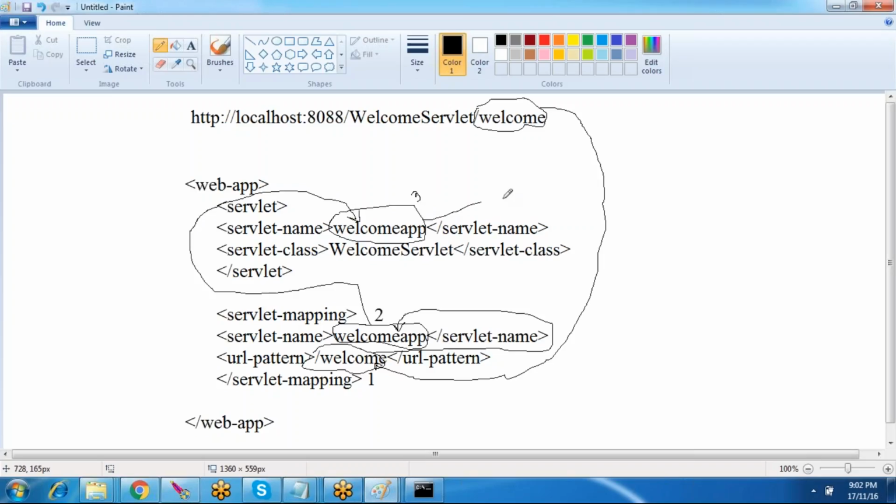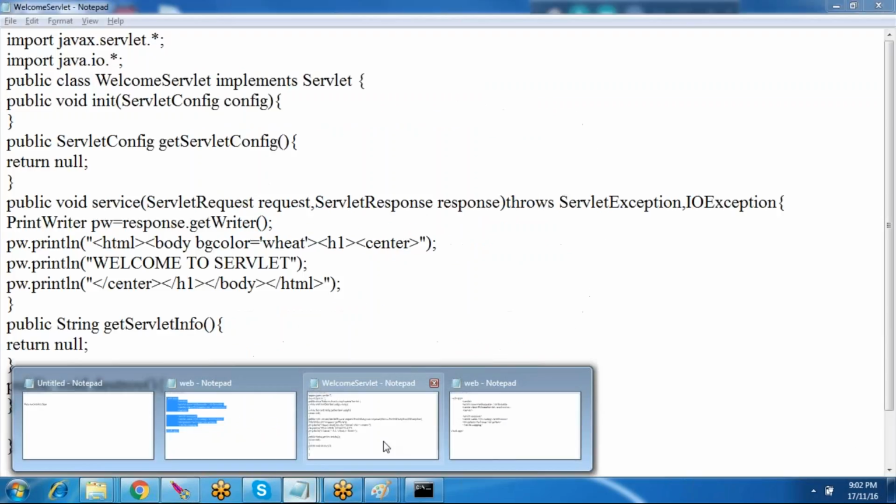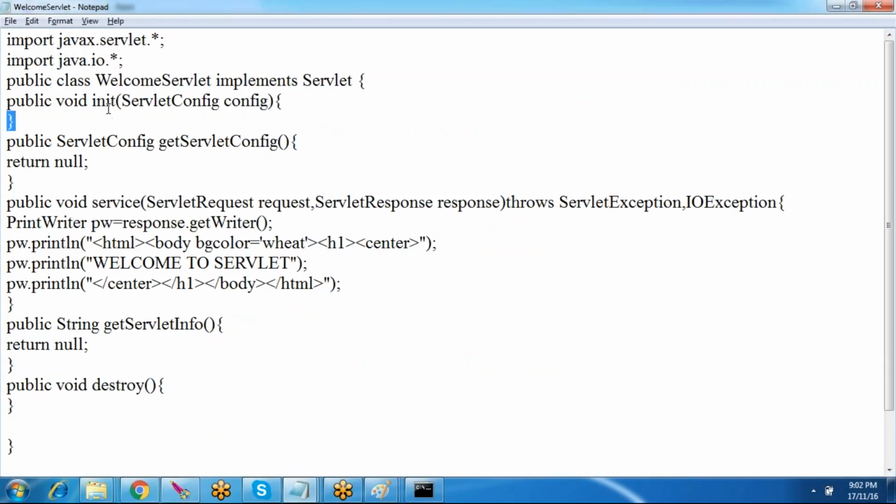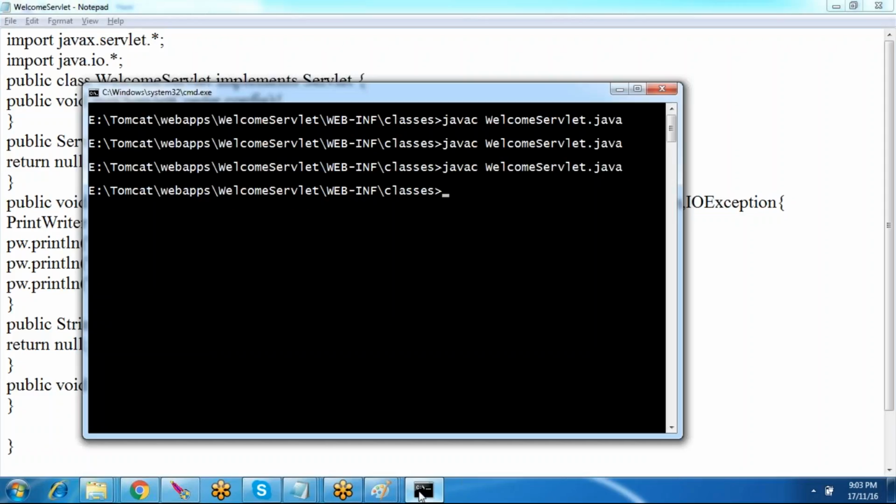it will go to the dot class file. The next tag, whatever you have, it will go to the dot class file. That dot class file is the last one which it executes, and it is taken by the server and executed. In the lifecycle methods, init will be called. Init has no value, so nothing executes. Next, service. In service, the PrintWriter object is created. You are just printing a welcome-to-servlet message and giving it. Okay, and here